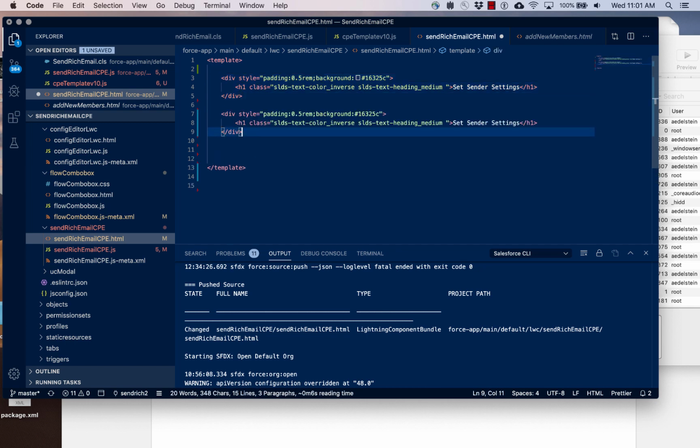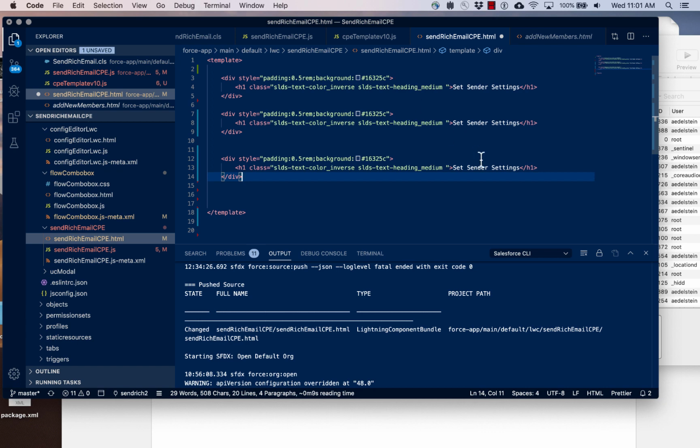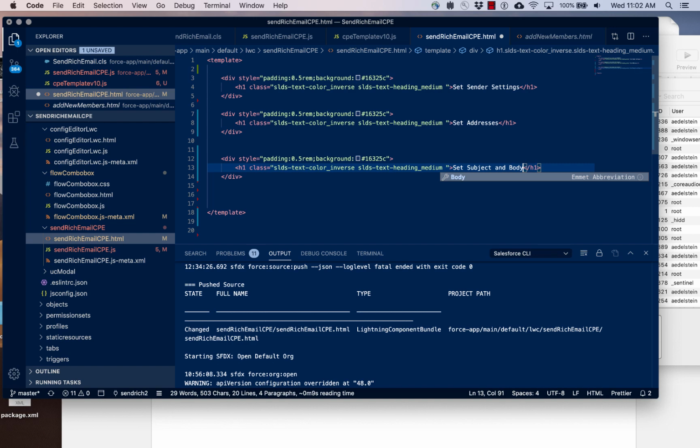So let's create our 3 sections here, and then we'll call this one set addresses, and we'll call this one set subject and body,